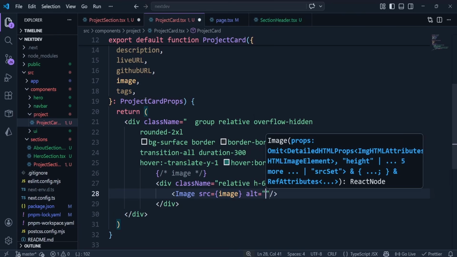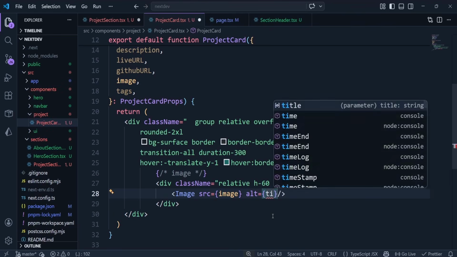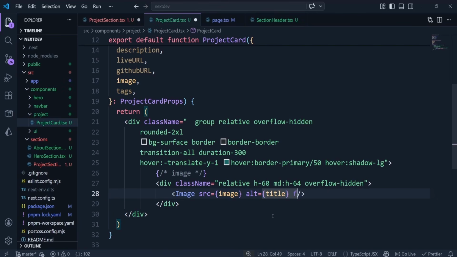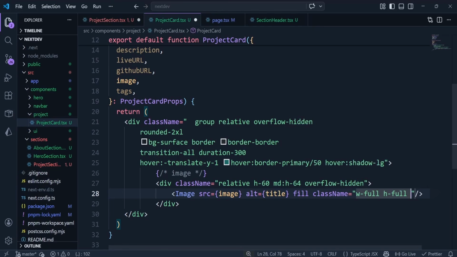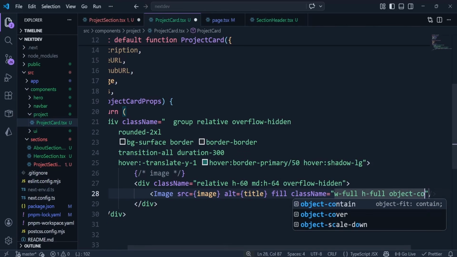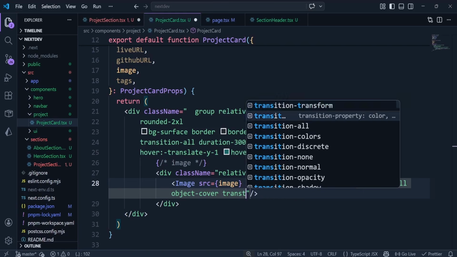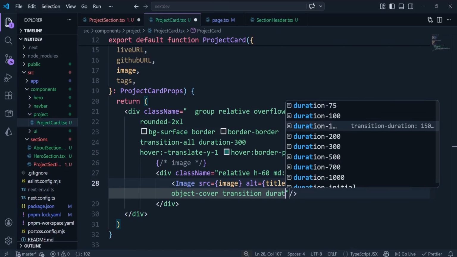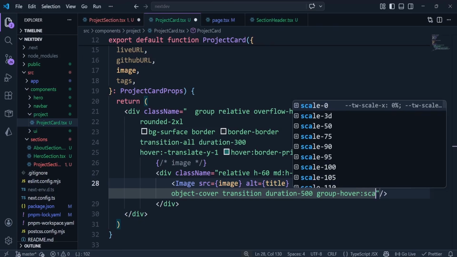The alt text is going to be the title of the card, and then we'll give it a fill property. And finally, we'll give this image a Tailwind class: a width of full, height of full, object cover, give it a transition, a duration of 500, on group hover,